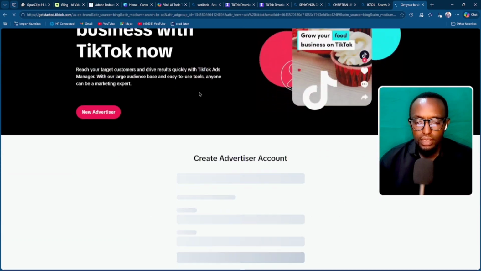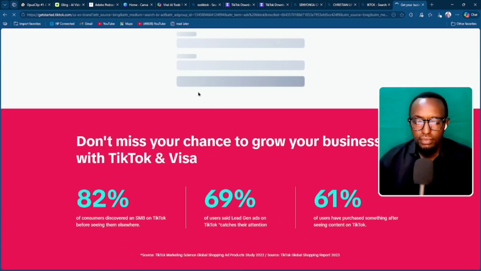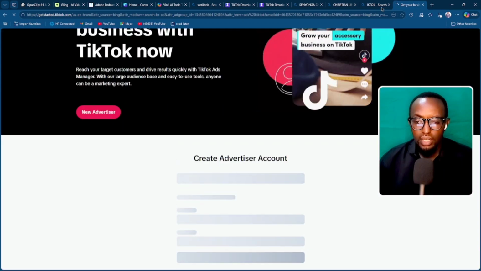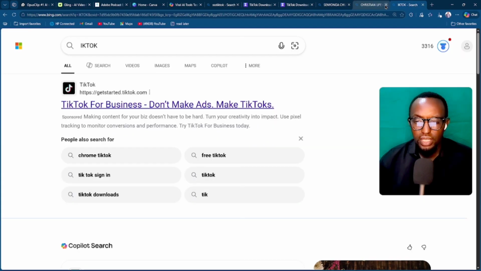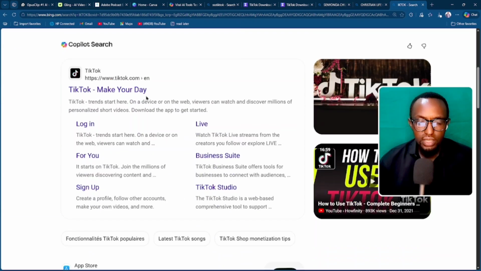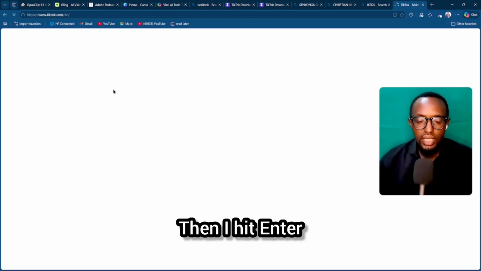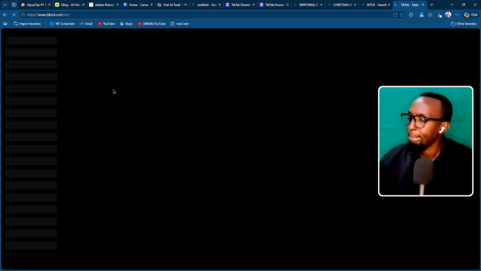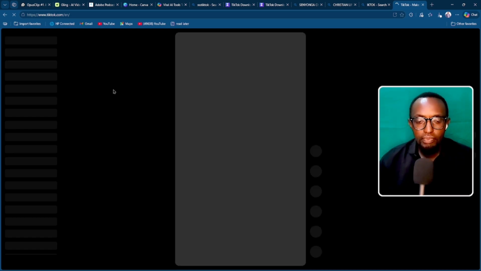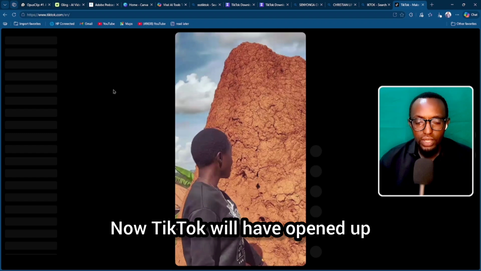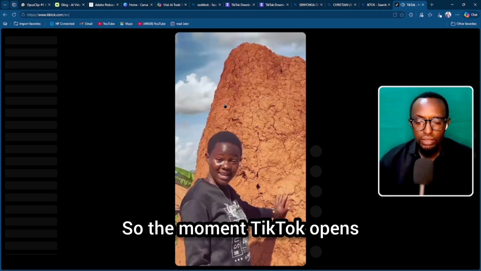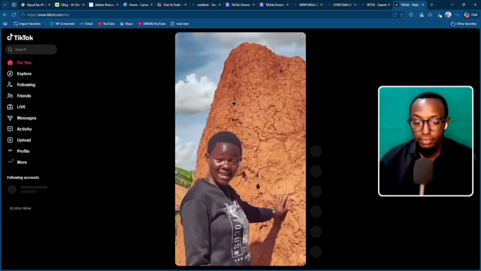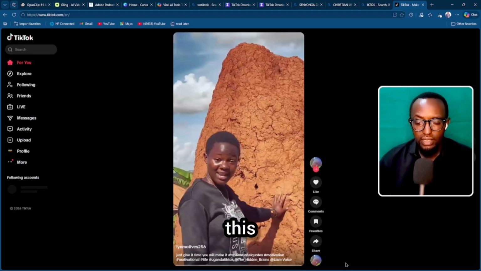When you reach TikTok, actually, I don't want this page. I want a TikTok page, which is this one. I think you can see it. And I hit enter. Now TikTok will have to open up. So the moment TikTok opens, like this,